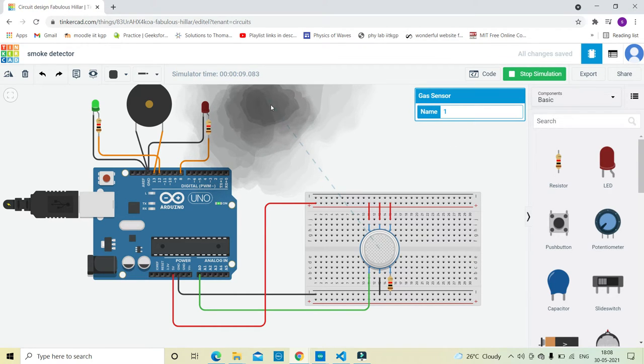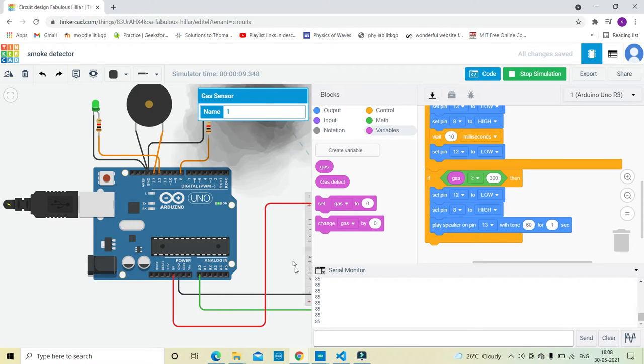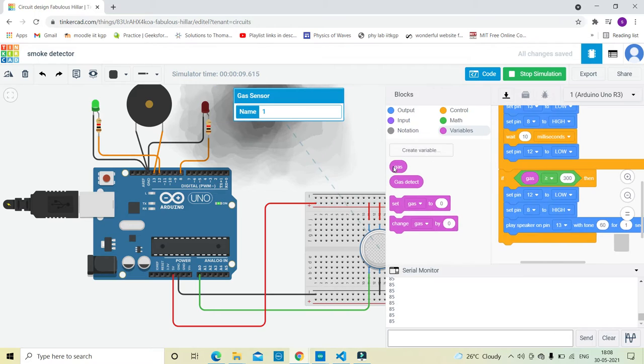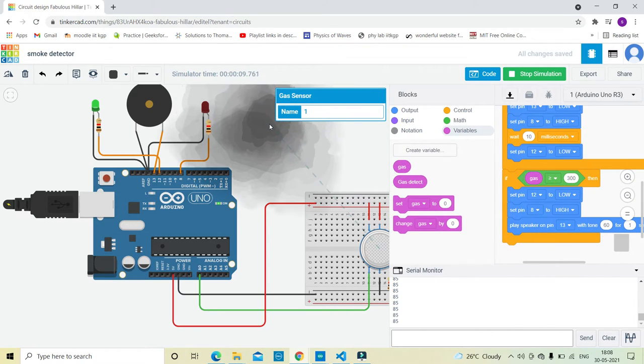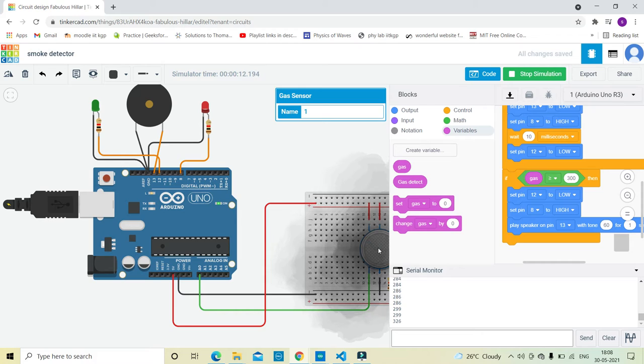When I observe the serial monitor, you can see the intensity showing is 85 here. When I make it somewhat closer, the intensity is increasing. It is becoming 100 and 100. For more than 100, you can see the red LED bulb glows, and for more than 300, the piezo speaker starts working.